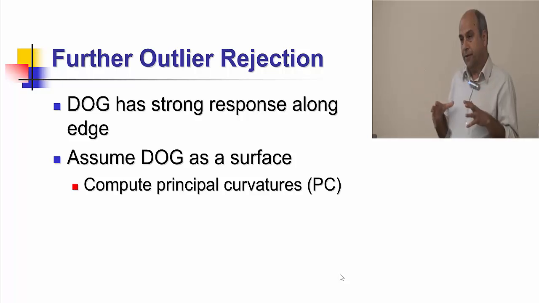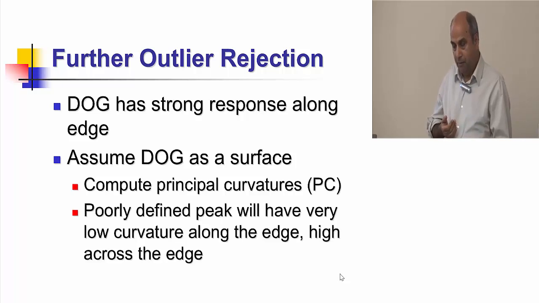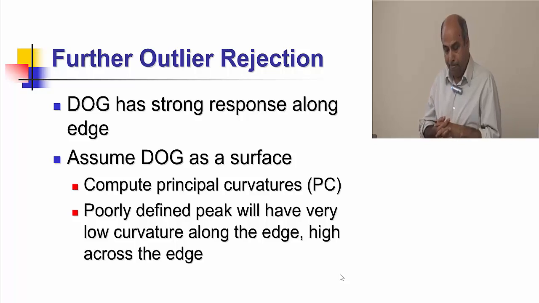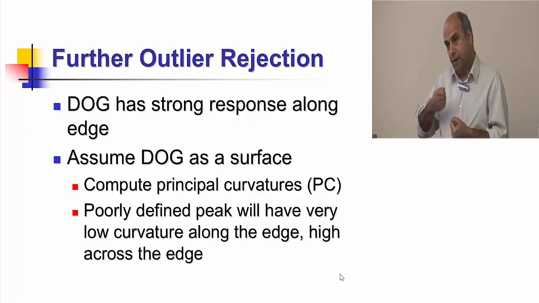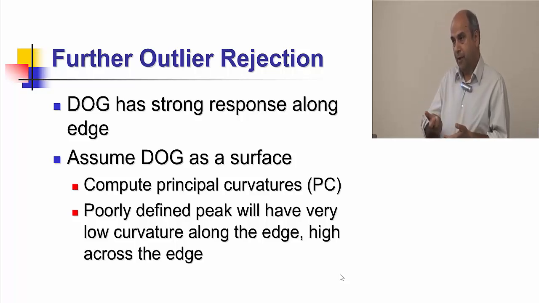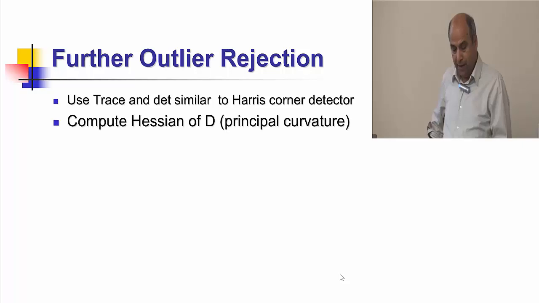If this difference of Gaussian, that function, we are looking at D(x, y, sigma), it's a surface. Then we want to look at the curvature of that surface, and there are these two principal curvatures, and the poorly defined interest points will have low curvature in one direction and high curvature in the other direction. Okay, so low curvature in particular on the edges, because nothing is going to change along the edge. So we are going to identify those, and the way we are going to do it is we are going to